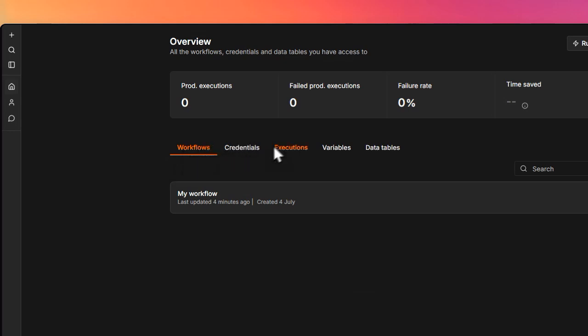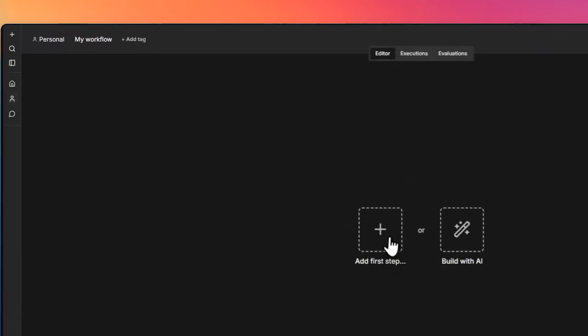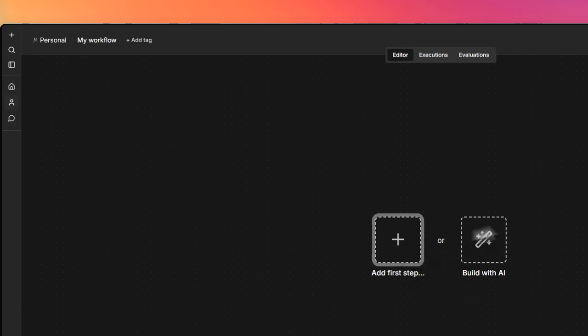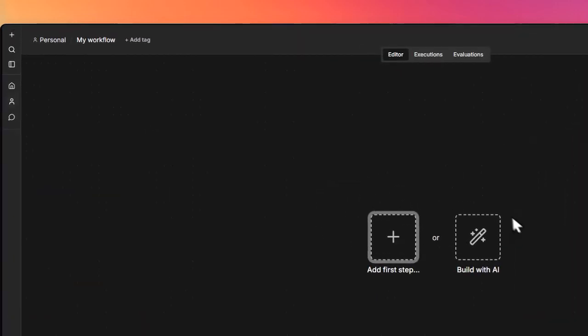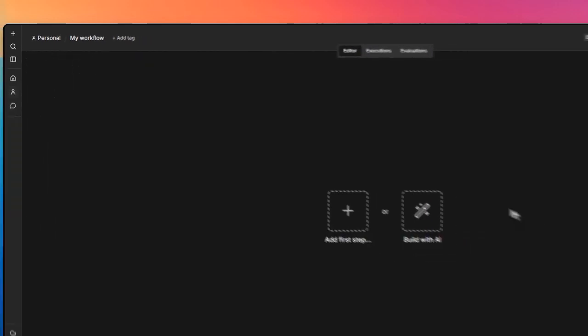When you open a workflow, you enter the workflow editor. In the center is your canvas where you build automations by connecting nodes. On the right side, you'll find the node panel where you choose apps and actions. At the top, you can save and run workflows, and at the bottom you can view execution logs to troubleshoot